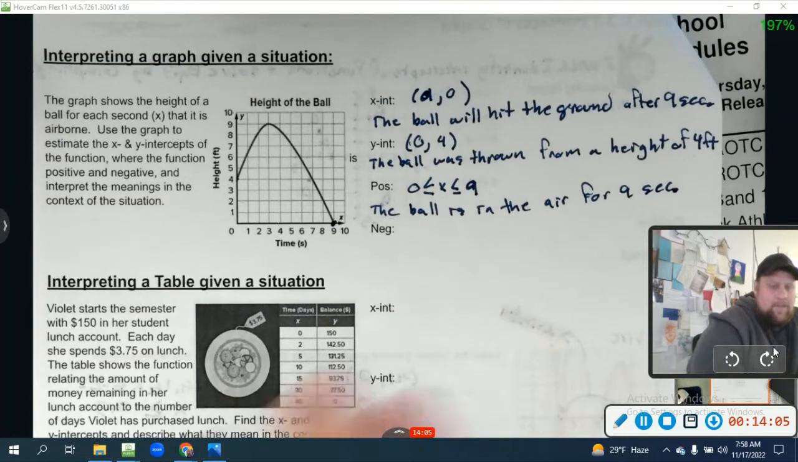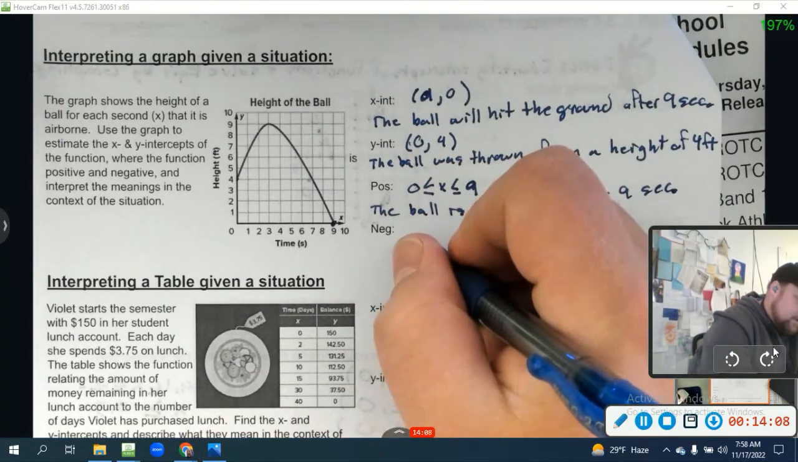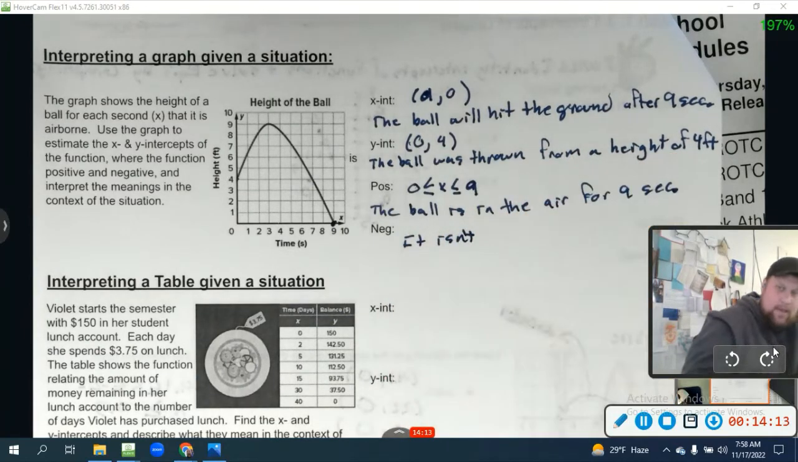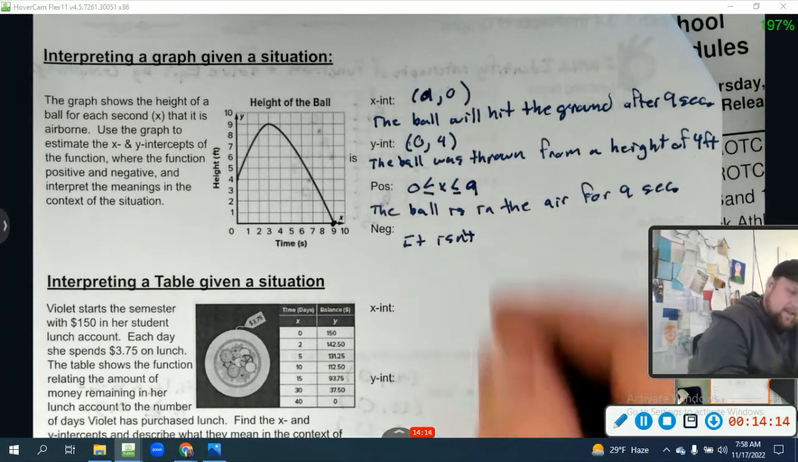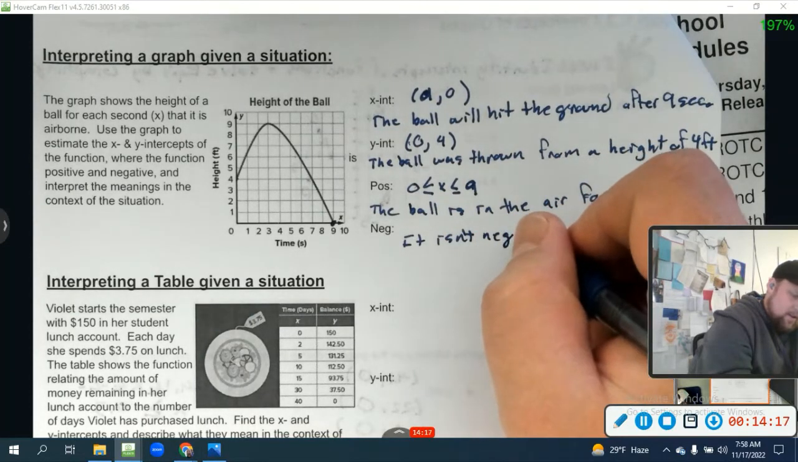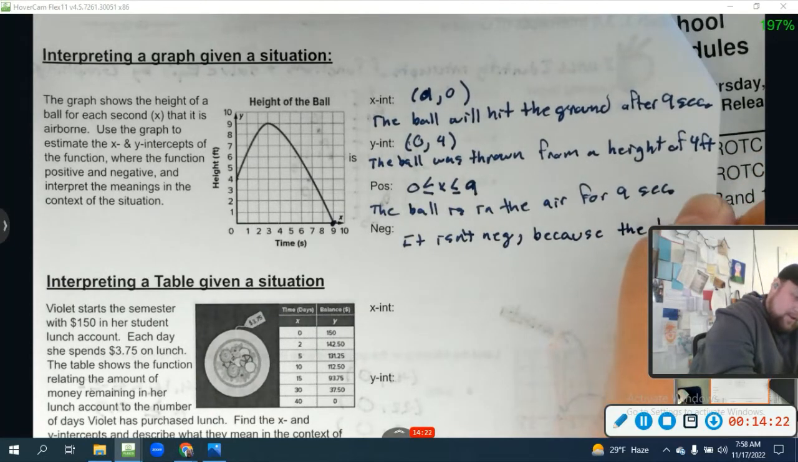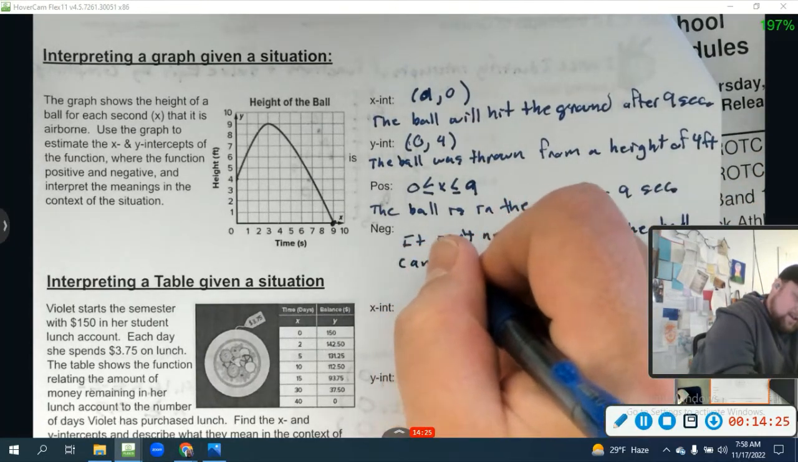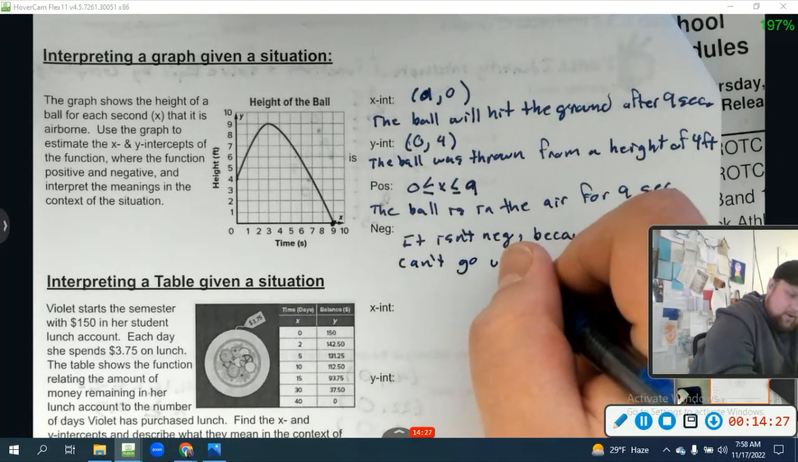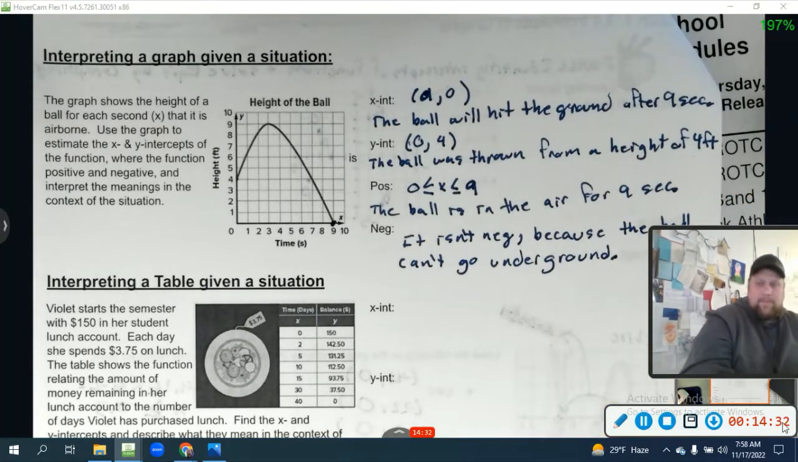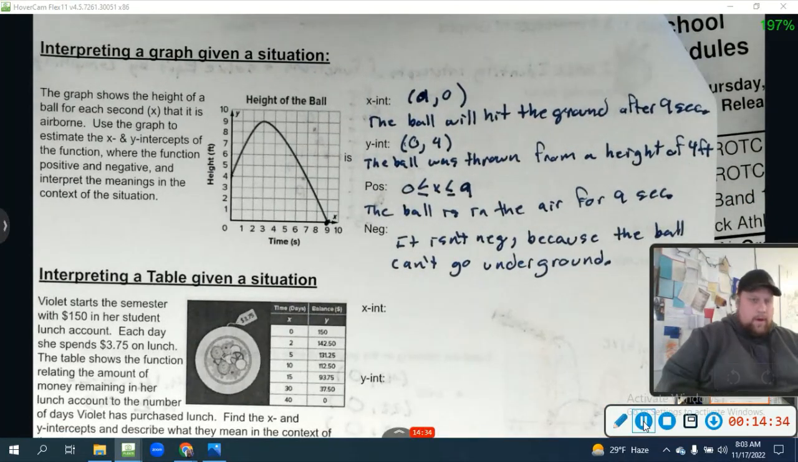And what about negative? Is it negative at all? No. Why? It isn't negative because the ball can't go underground. Boom. Awesome. So that's how we interpret a graph. We just kind of take what it gives us and roll with it. Now, let's go ahead and move on to